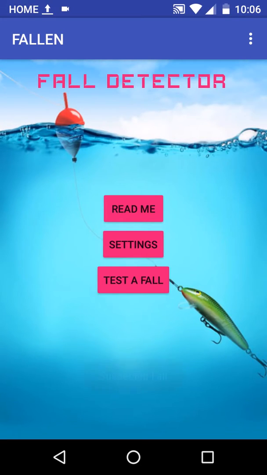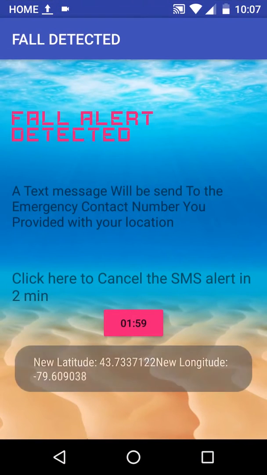So here, now the system is in test mode. That is, the application is testing for a fall for the next 30 seconds, and during this time the application is comparing the acceleration due to gravity to a particular value. Basically it should be a constant value, meaning the phone has already fallen down. So after this 30 seconds, there are two options: either it will be found that a fall has happened or not happened. If a fall has happened, then it will go to the next stage, and we are now at this stage.